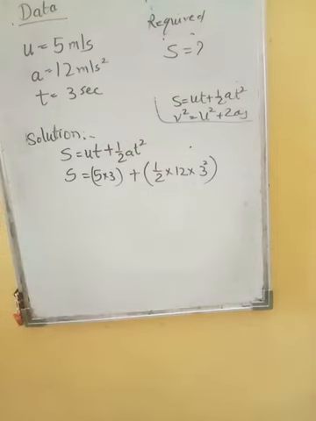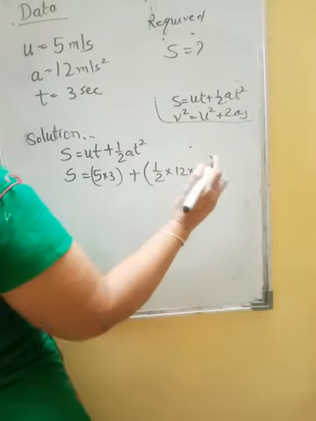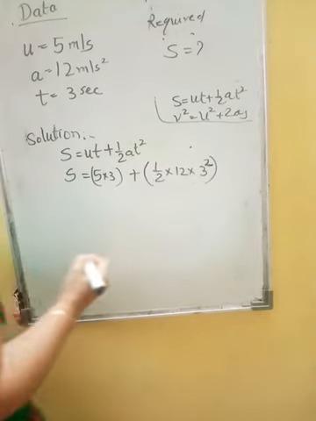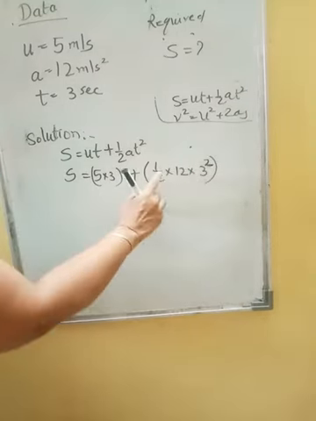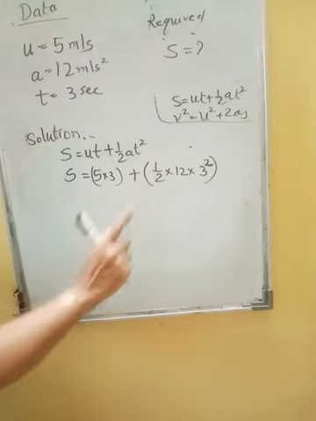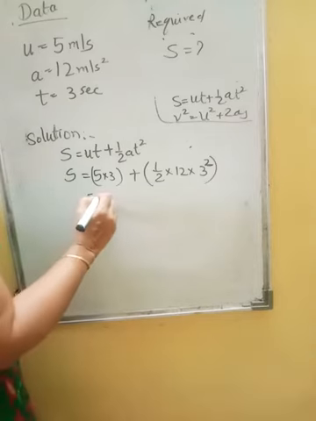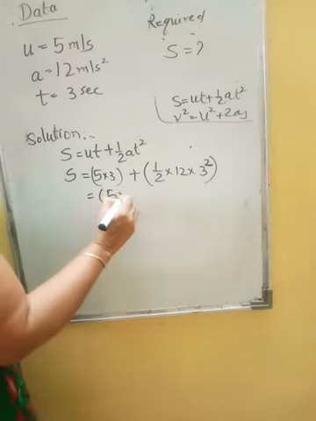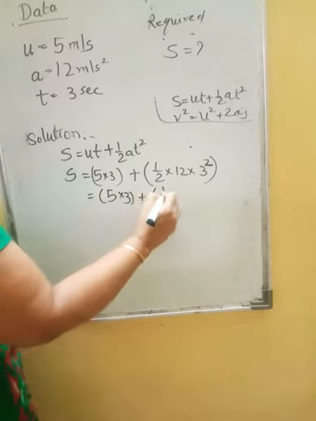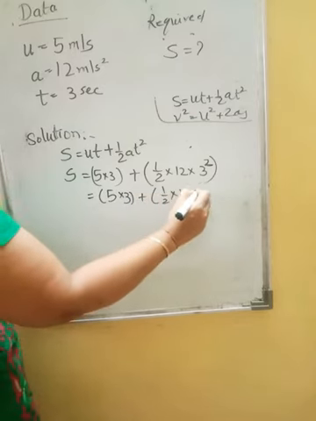Now children, one thing you remember: if you have any exponential part, like for example we have here 3 square, you do the square first. Don't do any cancellation first. Otherwise there are chances of making mistakes. So I'm requesting you not to do anything. Let it be. First you solve the exponential part.